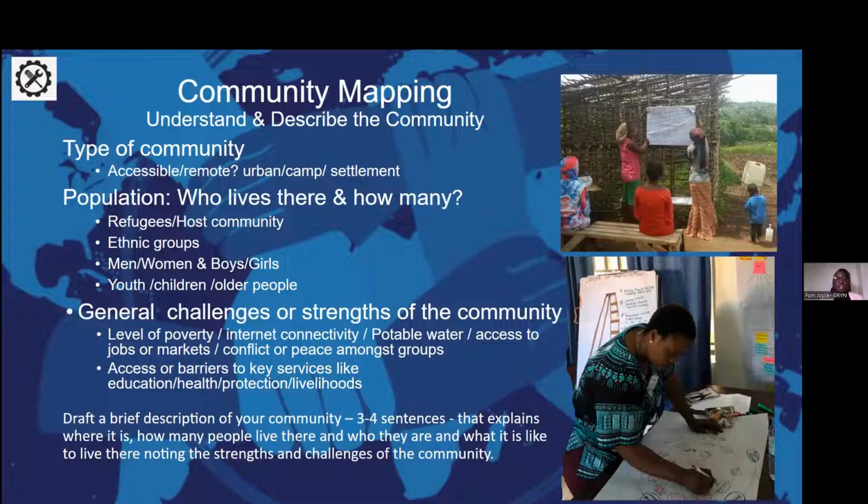As you're describing your community, you also need to understand what the challenges and strengths are. I believe in all communities, there are some strengths and also some challenges. So you can ask yourself and your group members questions such as, what is the level of poverty? Is the internet connectivity good or is it poor? How is the access, for example, to the markets? Is it an area where there is conflict or good cooperation amongst the different ethnic, religious or tribal groups? And is there easy access or barriers to key services like education,